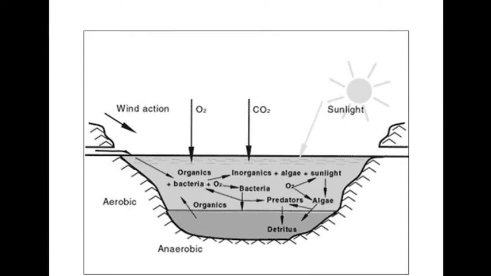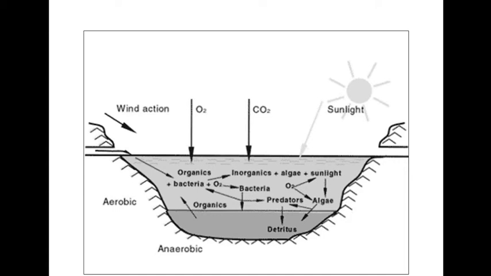So next you can see the stabilization pond or oxidation pond, and the working is the same as the activated sludge process. In the lake, the top zone is the aerobic zone and the bottom zone is the anaerobic zone. Because sunlight passes only to a certain level, and due to the larger depth of the lake, the top layer acts as aerobic, and the layer where oxygen and sunlight are absent acts as anaerobic. So the bottom layer acts as the anaerobic layer and the top layer acts as the aerobic layer.